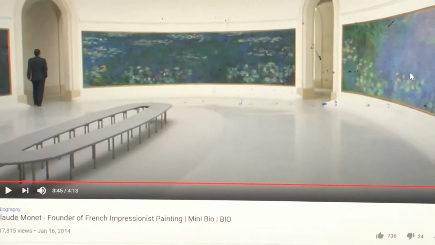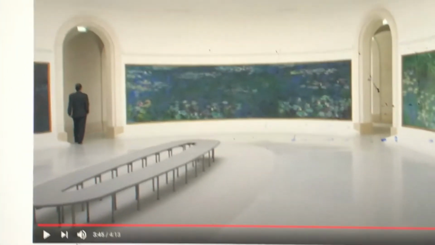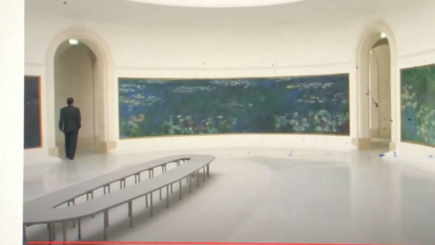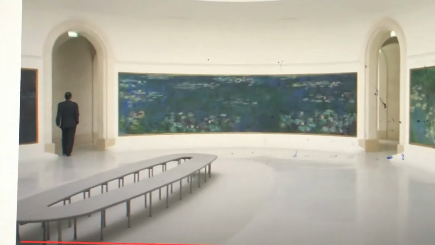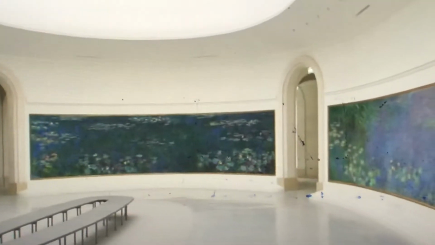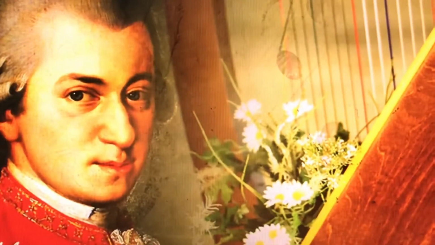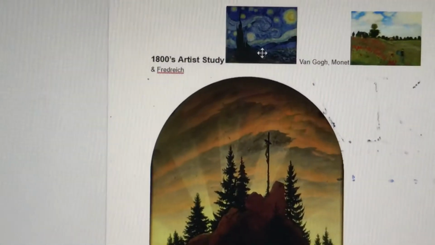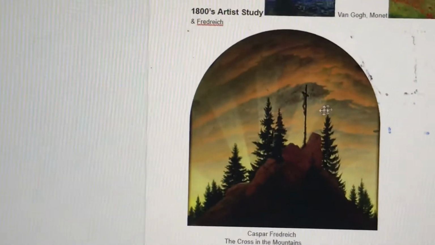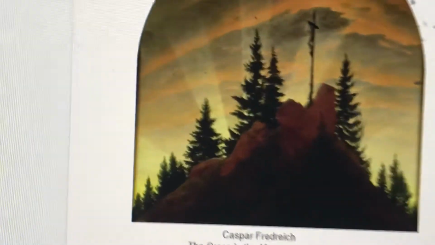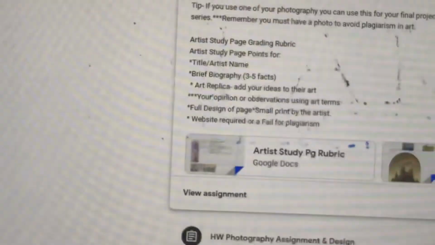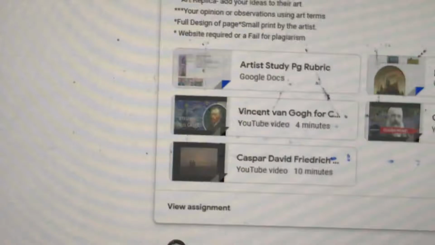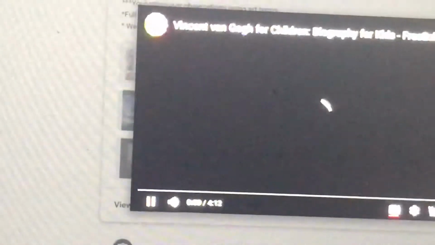Can you tell which one this is and how big it is in true life? Wow, majestic, right? It's Claude Monet, and he's the founder of French Impressionistic painting. This is on E-Biography on YouTube. And not Mozart, Monet, but our last one that we're looking at is who did the Starry Night? What's his name? Van Gogh. You got it. And if you're in my class on Google Classroom, we have the videos that tell us a little bit about these artists, so you can decide for yourself which artist you'd like to dive into and study.